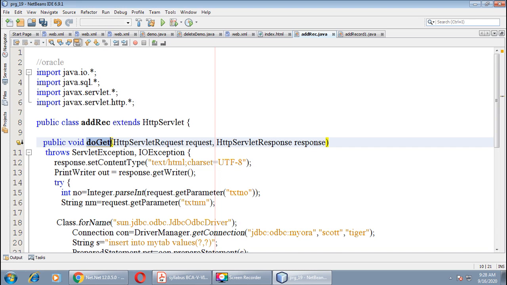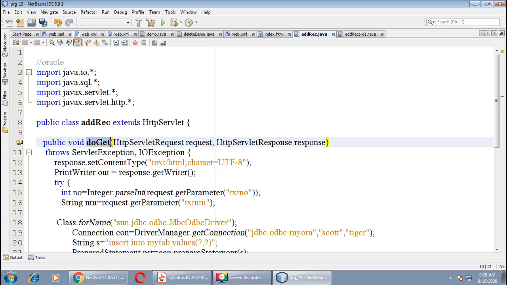You can take doPost method. As usual, it has 2 parameters of type HttpServletRequest and HttpServletResponse, which can throw ServletException and IOException. The content type is HTML, and create one object of PrintWriter class.